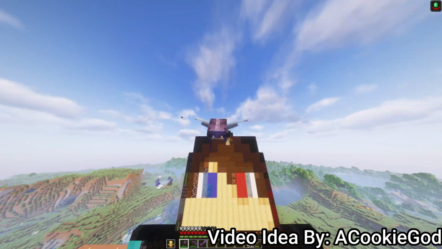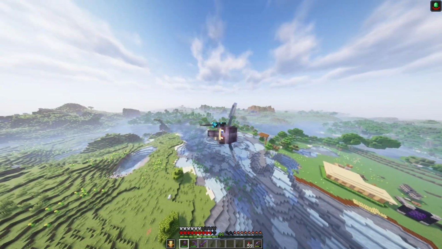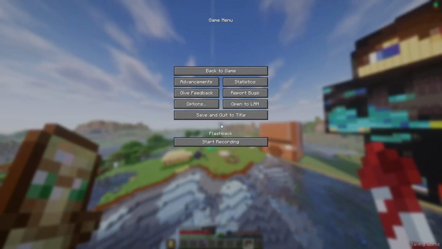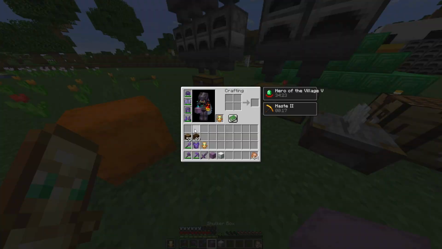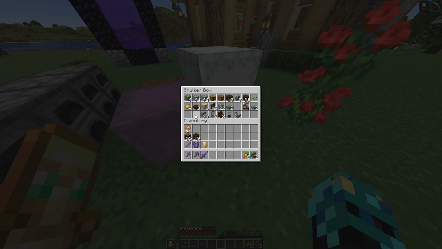Hello everybody, and in this video I am going to be making an insane iron farm that's going to produce me a whole bunch of iron, and I'm also going to make it inside of a factory. And I forgot to turn my shaders off. There we go. Okay, before I get started, I am going to empty out these shulker